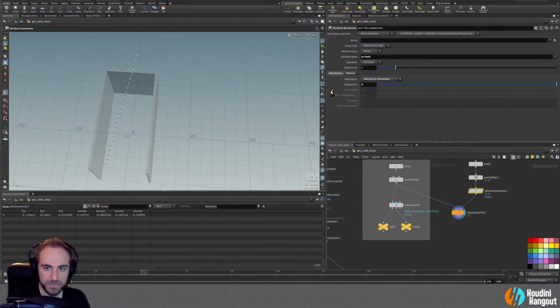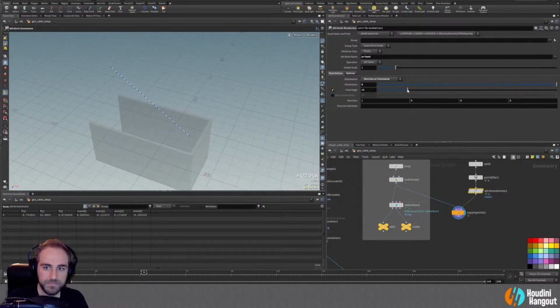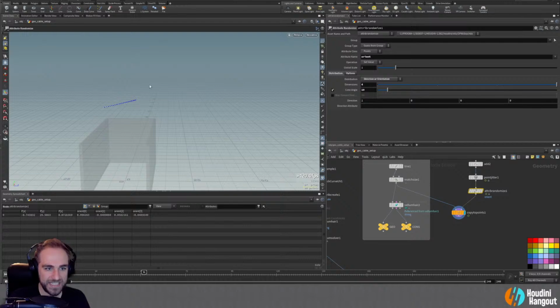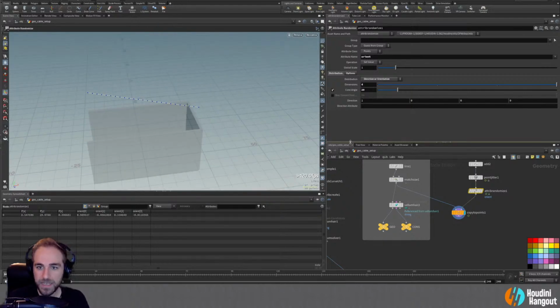The other thing we could possibly do is this cone angle here. And that is also the same kind of concept. And this might be a little easier to understand maybe. From this standpoint here, if we set this to 10, that's going to give us kind of a 10-degree cone that this can go in, right? So now this is just kind of bopping around, and it has about 10 degrees it can change. If I up this to 20, this can now move in a 20-degree cone from this x-axis. So like if I set this to be 1 like that,